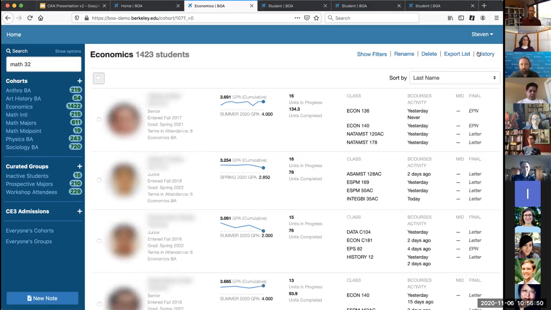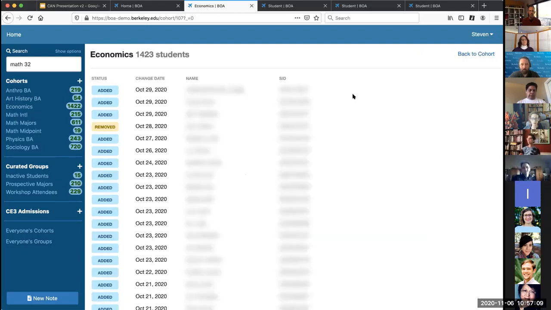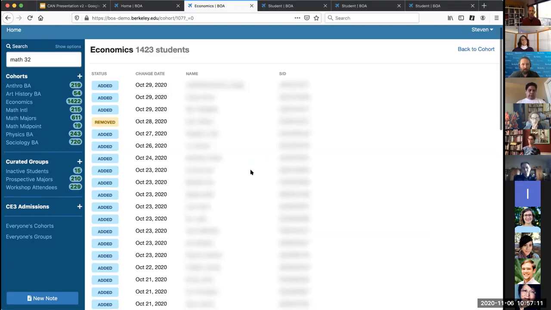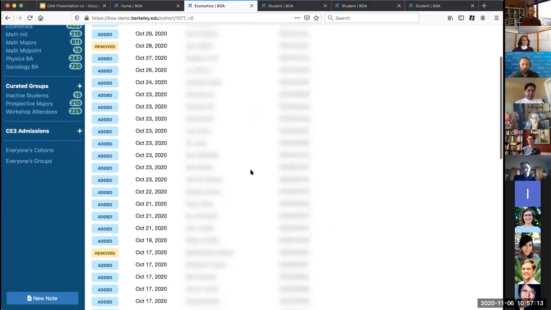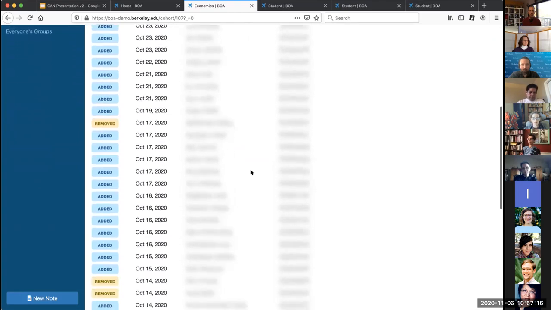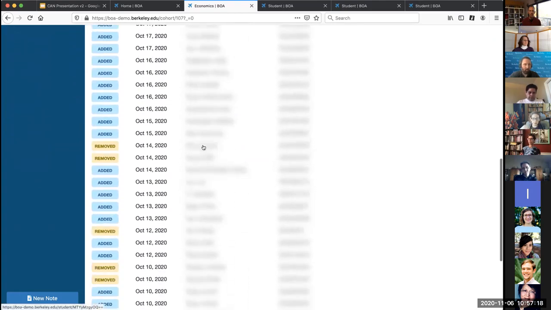So I mentioned the cohorts are data driven, they refresh nightly. But as an advisor, you only really get a snapshot of who's in that cohort today. And currently today, this is a demo environment, so there's a discrepancy between these two numbers, but 1423 or 1422 students. But how has that changed over time? So the moment you create a cohort, Boa begins generating a history of who is in that cohort. And in this case, this is just happening because students are declaring the major, students are changing majors, or students